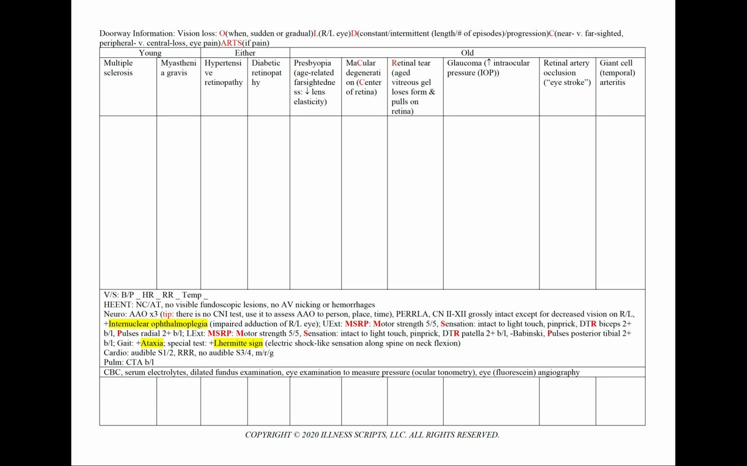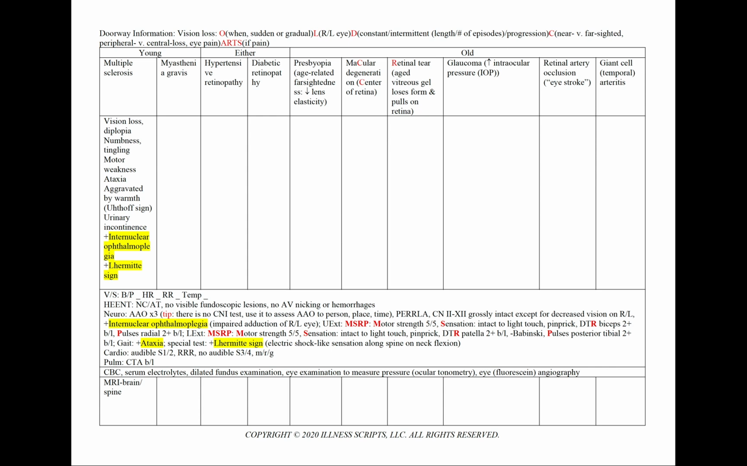We'll break down our case of vision loss into the young, a mix, and the old. For all cases, let's order a CBC, serum electrolytes, a dilated fundus examination, an eye examination to measure pressure, and eye angiography. Starting with the young, in multiple sclerosis, we'll see vision loss or double vision, numbness, tingling, a motor